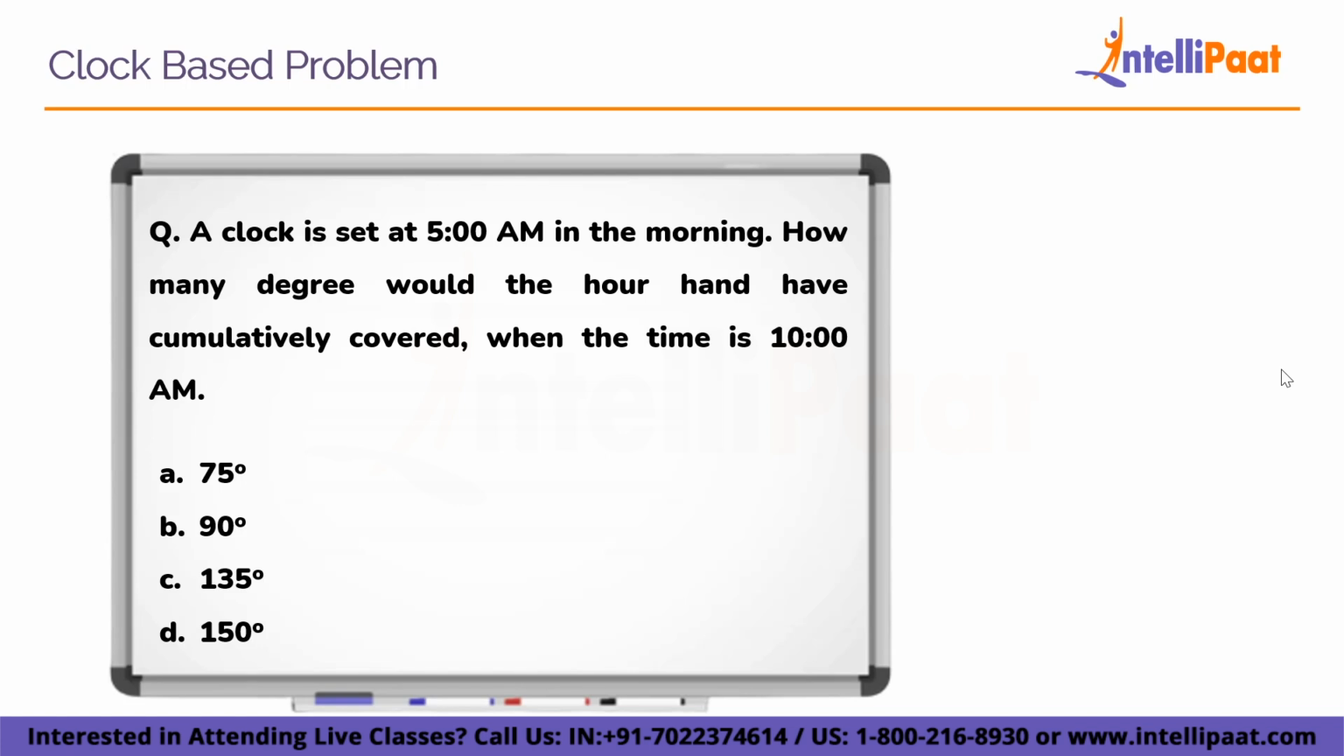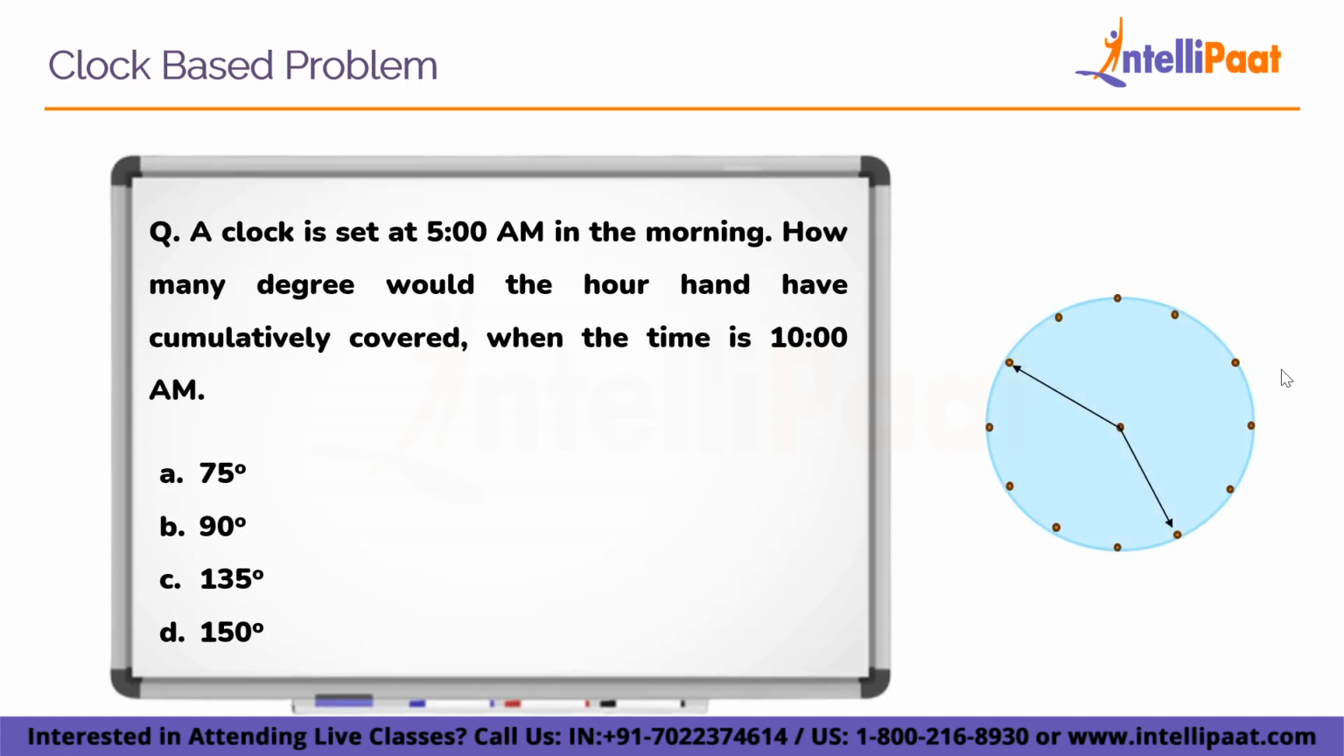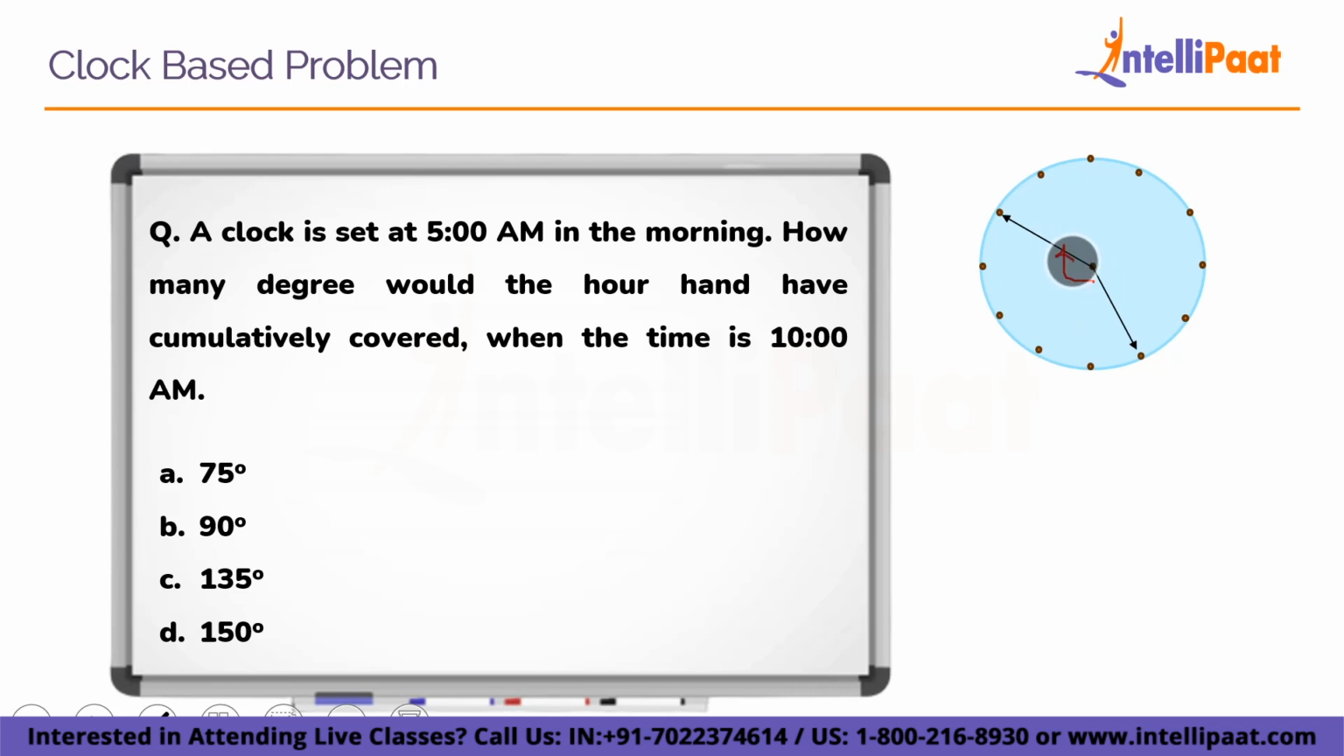Repeat. So it was asking how many degrees the hour hand will move from 5 a.m. to 10 a.m. As you can see in this analog clock, this is where the hour hand at 5 a.m. will be, and this is where the hour hand at 10 a.m. will be. So in this question, we have to find this degree. So to find this degree,